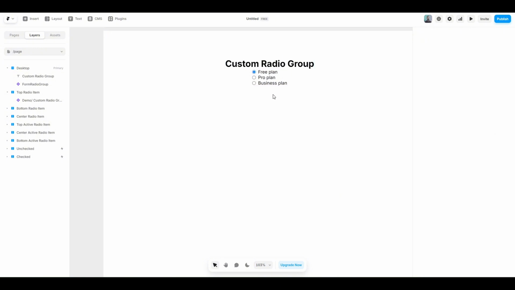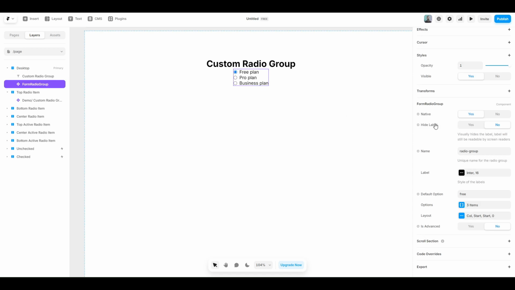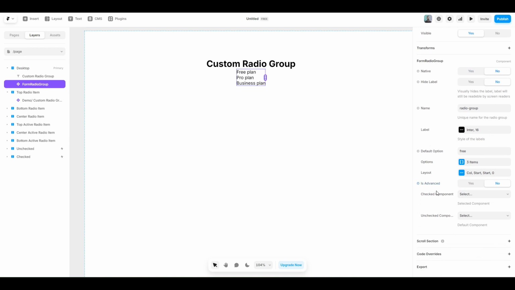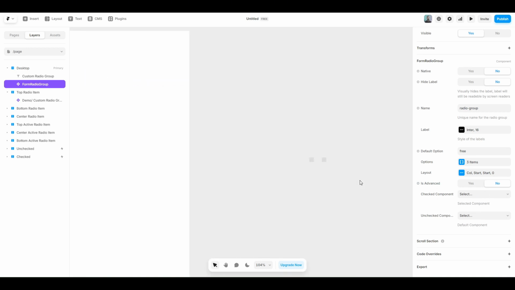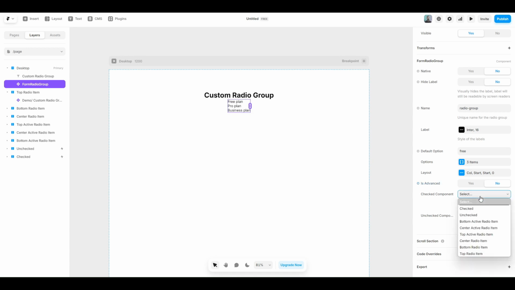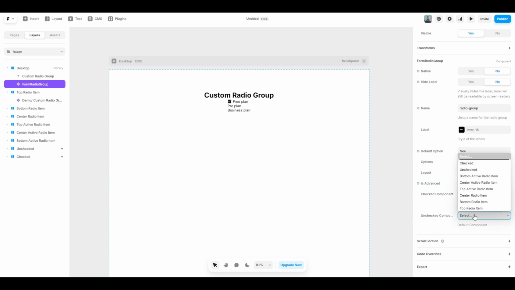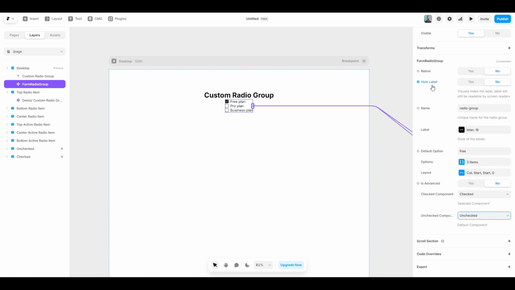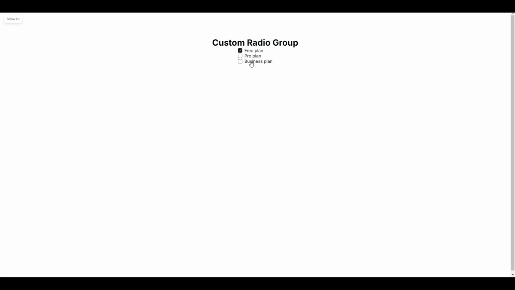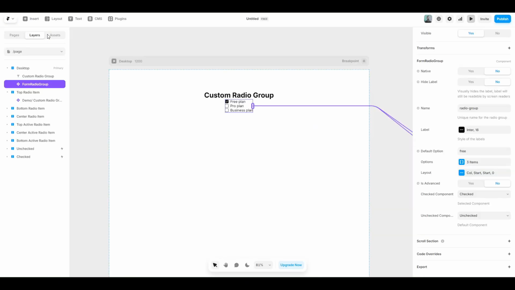However, if you would like to make this a bit more custom and look better, we have the option of using custom components. So we can turn the native off, and you will be presented with two new options here, checked and unchecked. And to my right, I have two simple design elements here, which is just a box with a check marking inside. So we can go ahead and select the checked for the checked component and unchecked for the unchecked component. And if we preview this, we have a nice custom component being used as our checkbox while still being nice